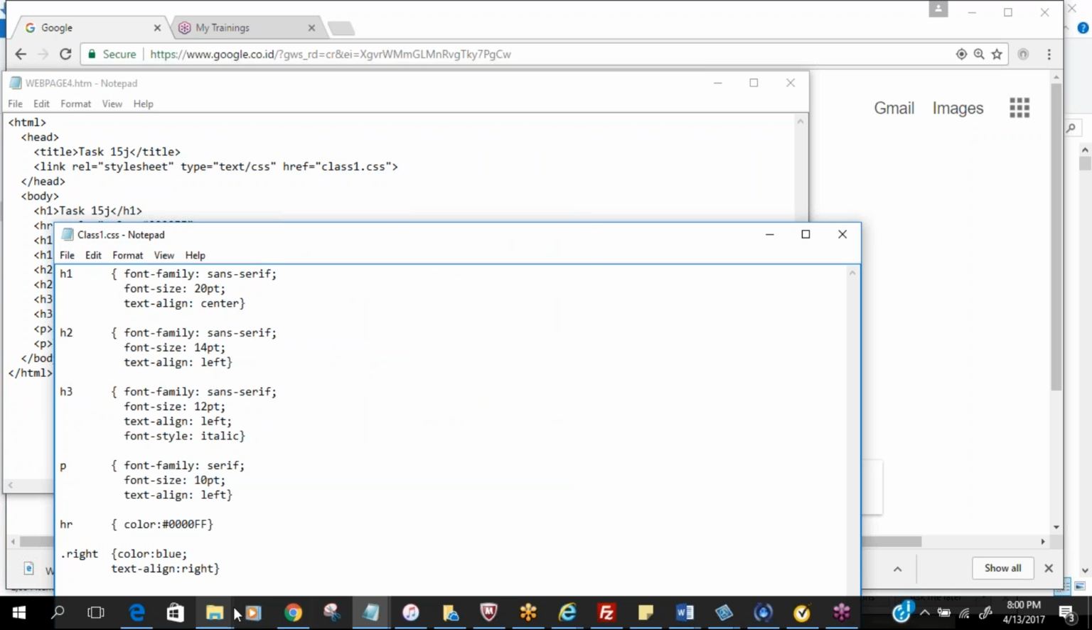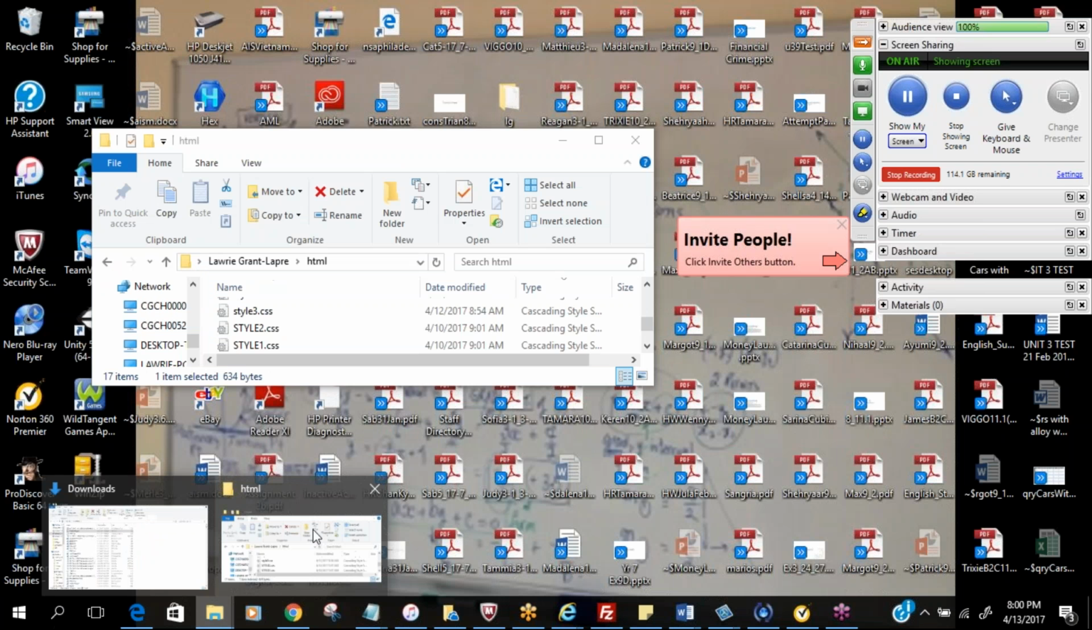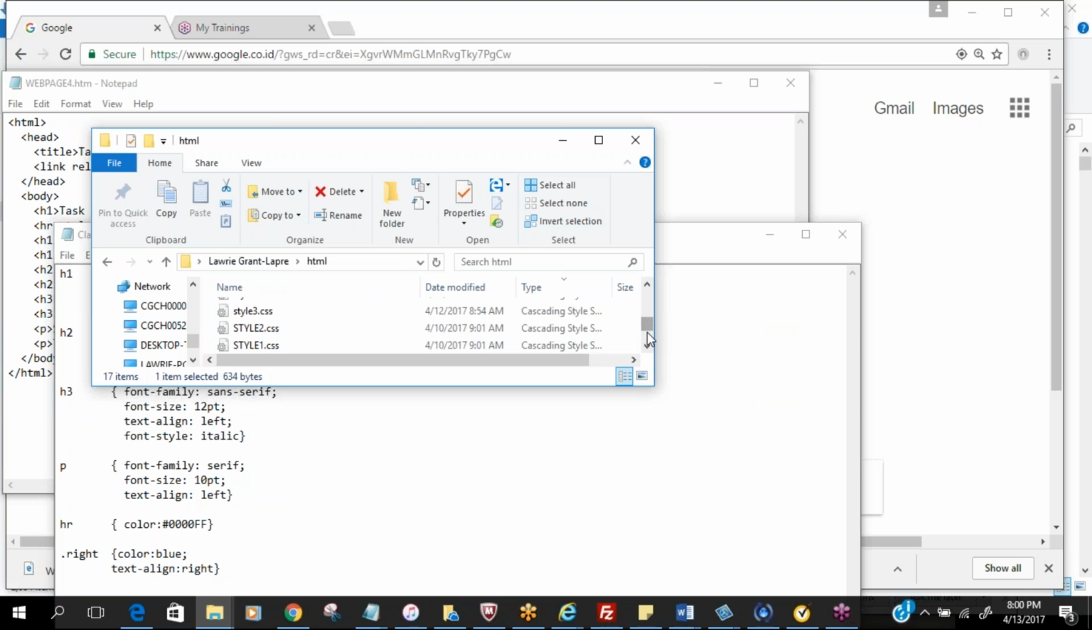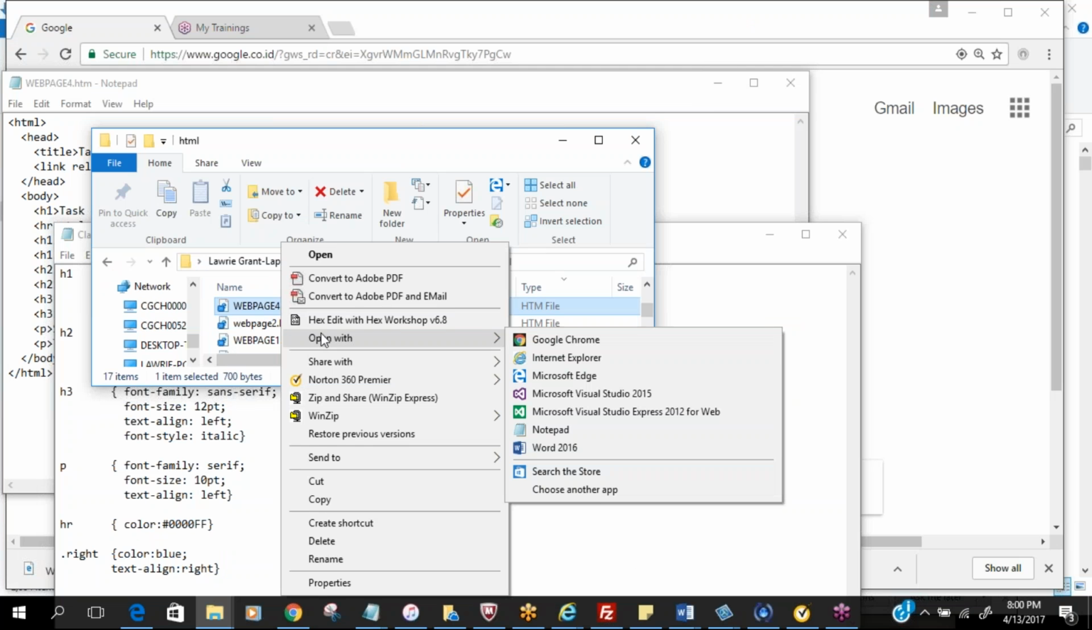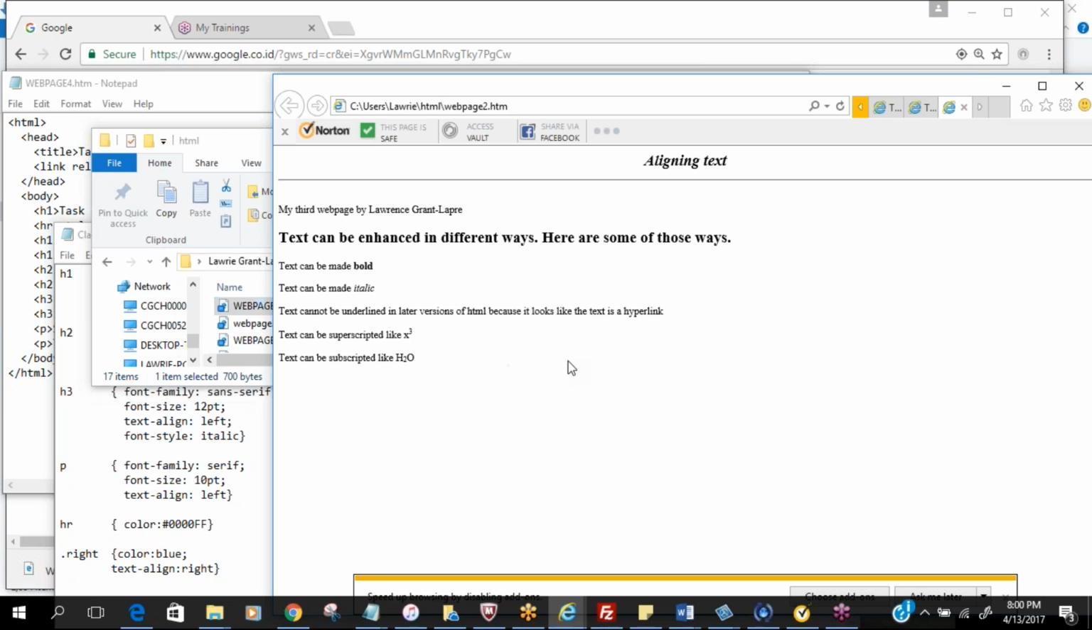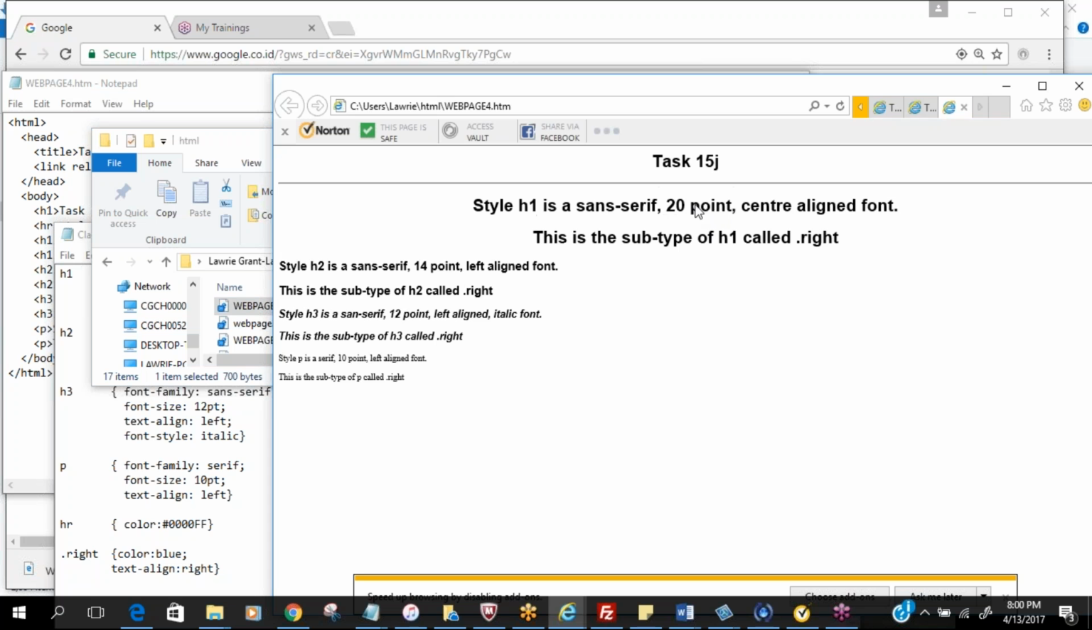Okay, now if we go into the HTML folder and we find the document web page 4, here it is here. I'm going to open this. So right click, open with a browser, Internet Explorer. Let's have a look at it. Now right now, let's take it to, it's got